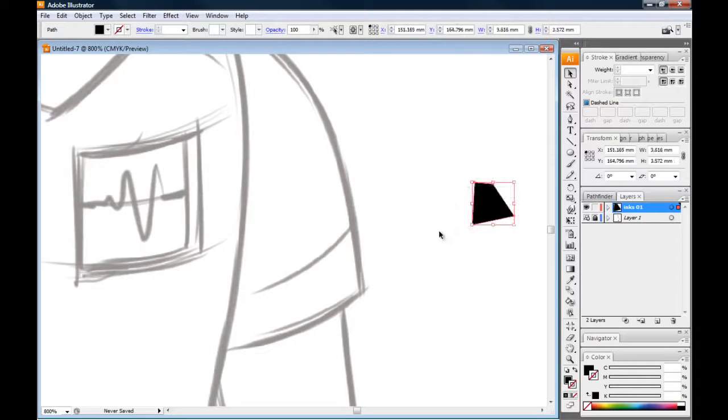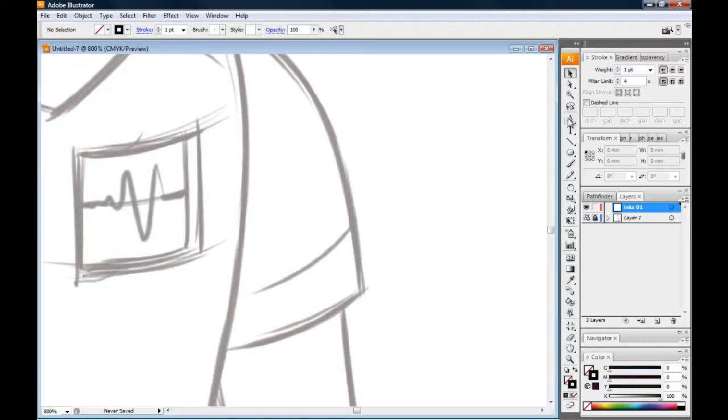So there's a few different ways you can use the pen. I tend to use both. I go between one and the other depending on the part of the image I'm looking at. Sometimes it's easier to use a stroke, sometimes it's easier to use the fill. Okay, just to demonstrate this, I'm going to go back to stroke, and to use the pen, obviously